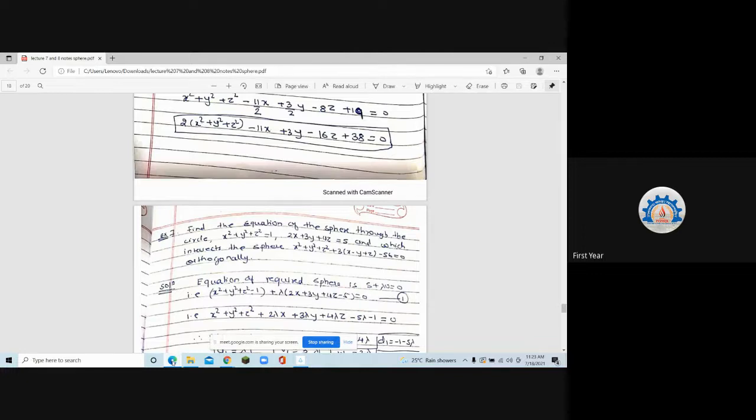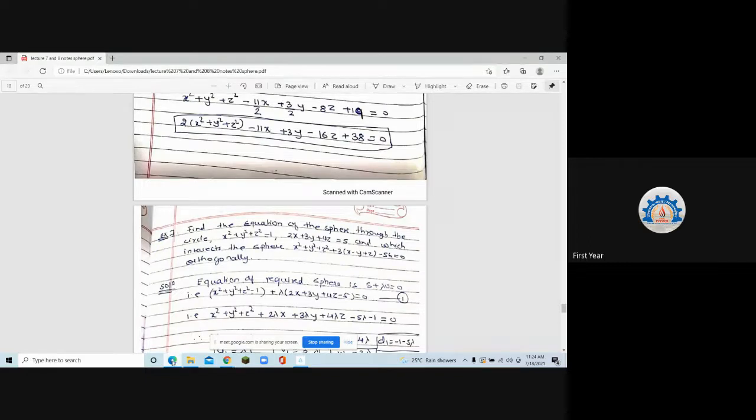So do that. 2 into lambda into 3 by 2 plus 2 into 3 lambda by 2 into minus 3 by 2 plus 2 into 2 lambda into 3 by 2 should be minus 5 minus 1 minus 56. So cancel out the terms which are getting cancelled. 2 is getting cancelled everywhere. Still this 2 is remaining. So 6 lambda minus 9 lambda plus 4 lambda is equal to minus 10 lambda and minus 57 into 2.